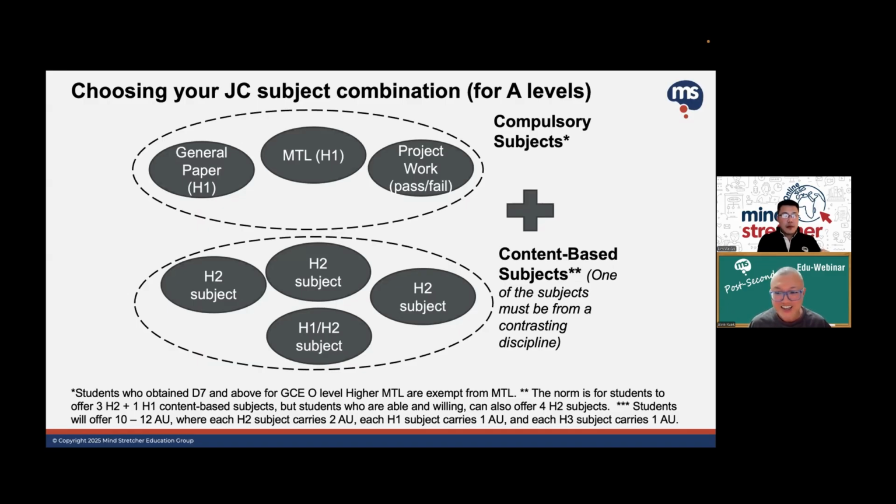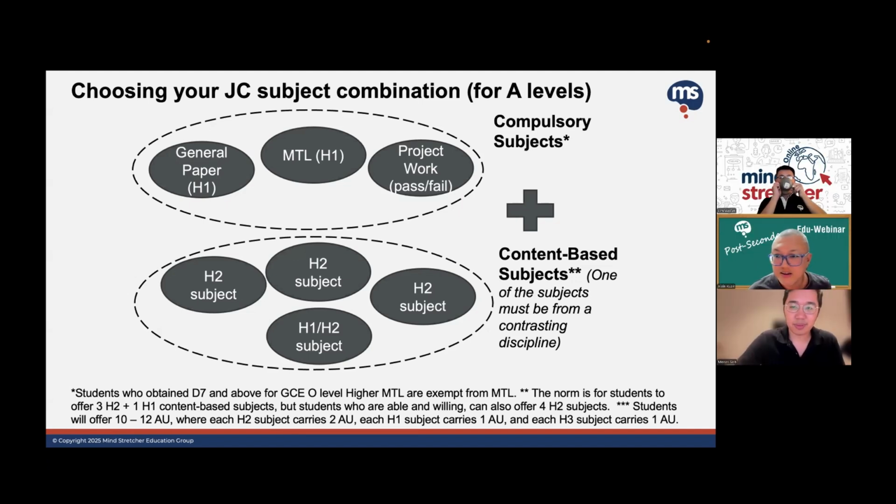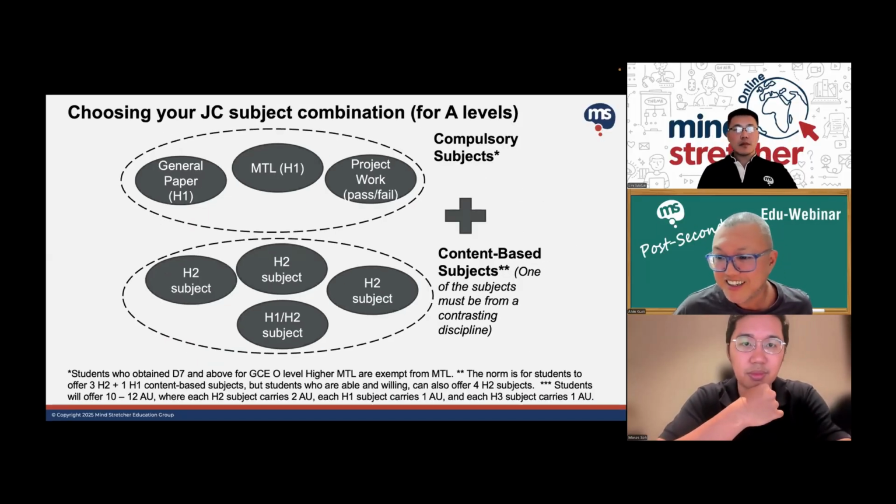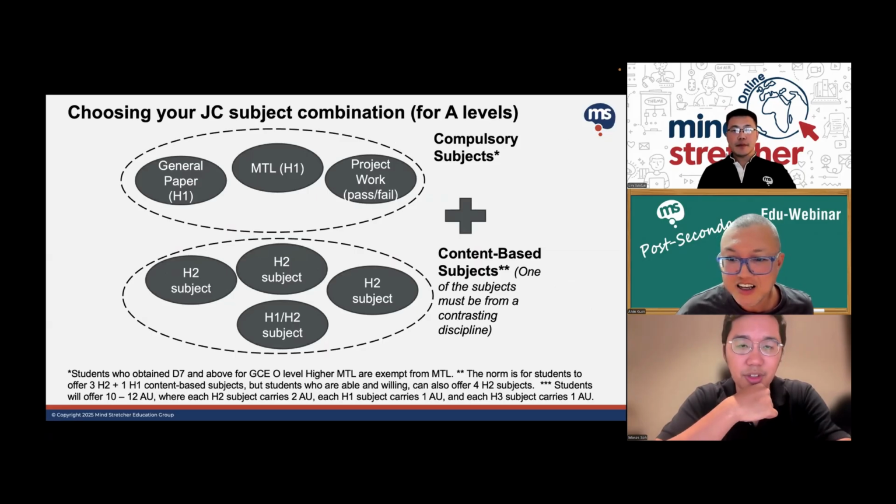How many want to do the IB diploma? Alvin, it looks like there's about 20 plus people who are raising hands for A levels. I can't really see, I'm not too sure. Never mind. How many do you want to do the IB diploma? There's a reason why I'm asking this question. IB is about 5 or 6.